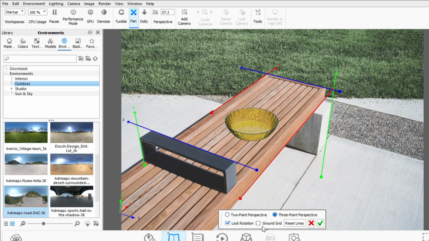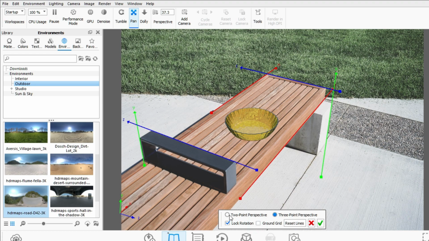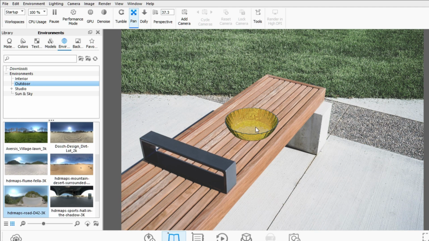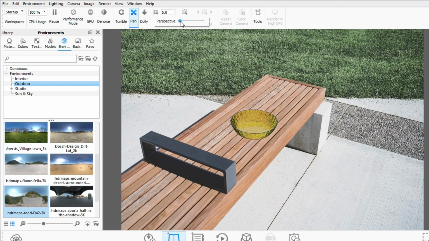You can lock your rotation, and you can show ground grids if you want, but I don't want these ground grids to be shown. You can choose 2-point perspective or 3-point perspective. If you're using 3-point perspective, you have to match x, y, and z. And if you're matching 2-point perspective, you have to match only x and y, right? So click here and click OK, right? And now you can adjust your bowl. Here it's a very useful option, perspective, and here you can see that your bowl is